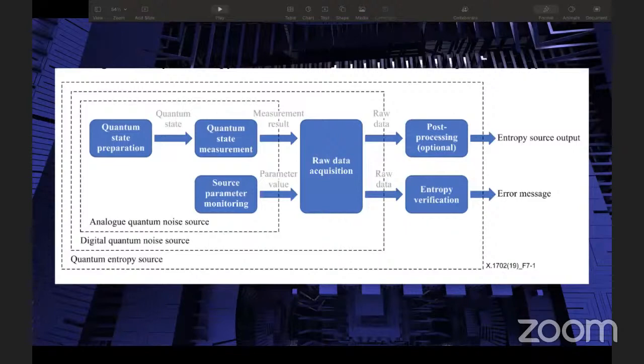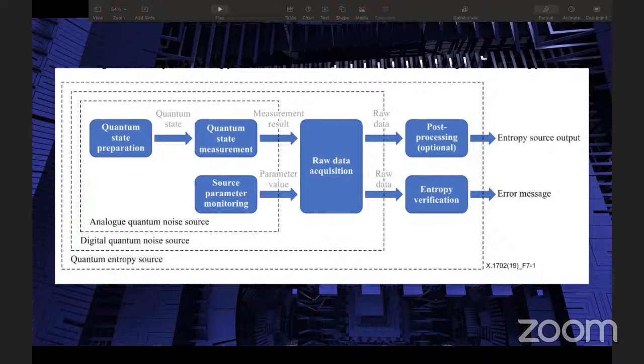Through this algorithm of quantum noise generation, we take a very simple quantum state and prepare a number of states on whatever number of qubits we get.